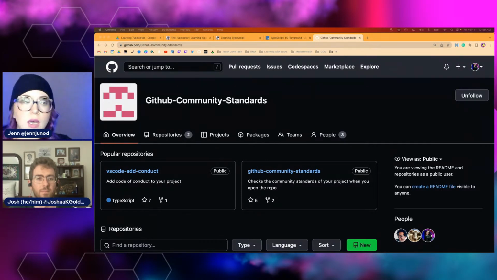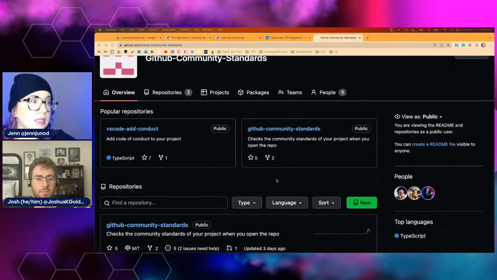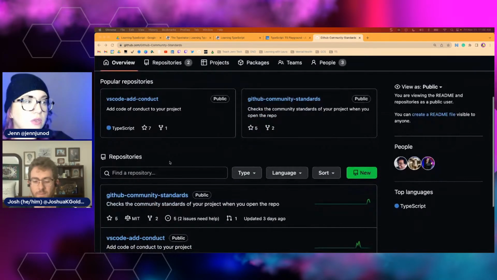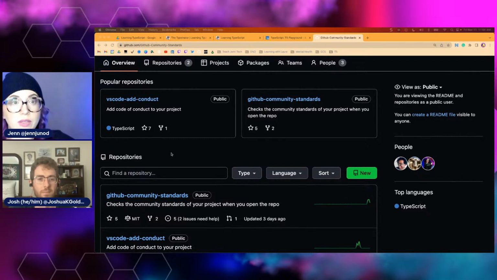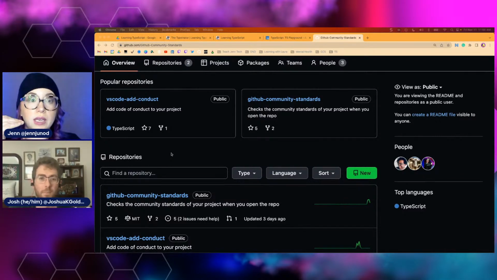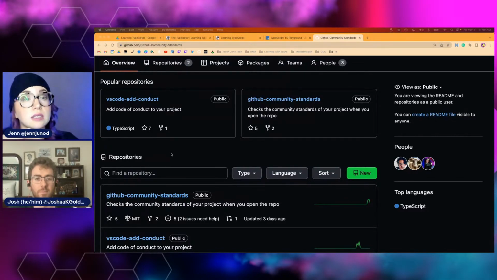So what we're doing is, when you start a new repo, there are certain things that you need to make it accessible for the community, and GitHub shows us what those community standards are, one of which is a code of conduct. And Jay made the fancy code of conduct and donated his code to our project to be able to show it.